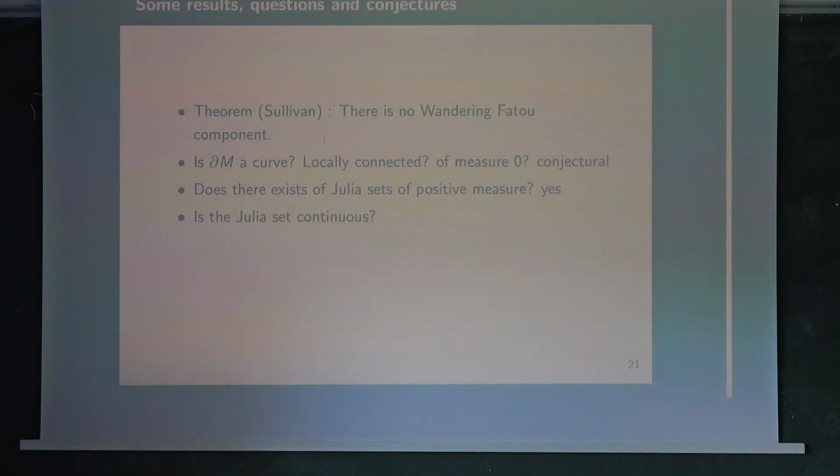Another question: is the Julia set continuous? Does it vary continuously with C? So you have C on the picture. And in fact, no, and it's related to parabolic implosion. And can we understand the Julia set when you have a Siegel disk, this rotation in a Fatou component, meaning on the boundary? And the answer is almost, but not totally. And last question, what happens in higher dimension? It means that we have a function from C^2 to C^2, and also we can have a polynomial of degree 3, so the dimension is bigger. And we have some results, but it's just starting.